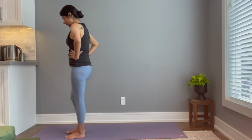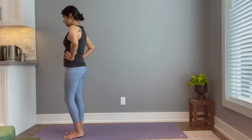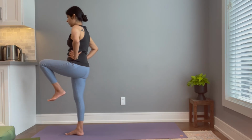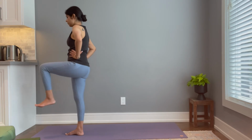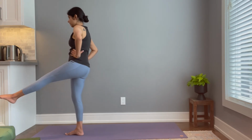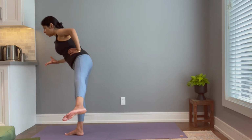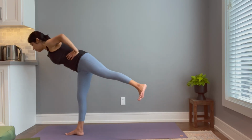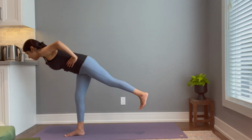And so taking the hands to the waist, sending our weight to the right leg, lifting that left leg up. So lifting that left leg any amount, keeping the knee bent, straightening out through that left leg, making a big semicircle with that left leg, and your torso will automatically start leaning forward just to provide counterbalance. Then sending that leg back, and it doesn't matter what this looks like,